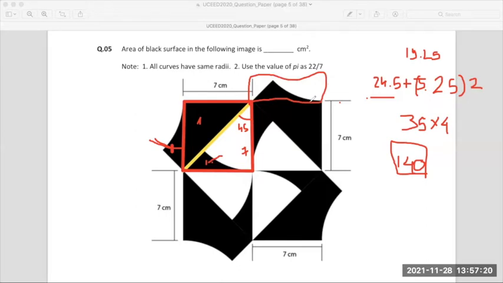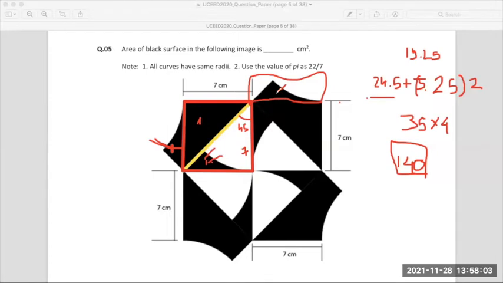Ma'am, if we take the whole square which is inside, we can calculate the area of the 4 black portions which is inside it. And outside also there are 4 only, no? So we can get the area. But उसका form weird नहीं है? There's a curve, there's two straight lines. So how do you calculate that? Ma'am, but it is the same as in the inside one. But in the other case, when somebody suggested combining these white parts, if you combine all these white parts together, you would get a semicircle of white, जिसका radius 7 centimeters आएगा.